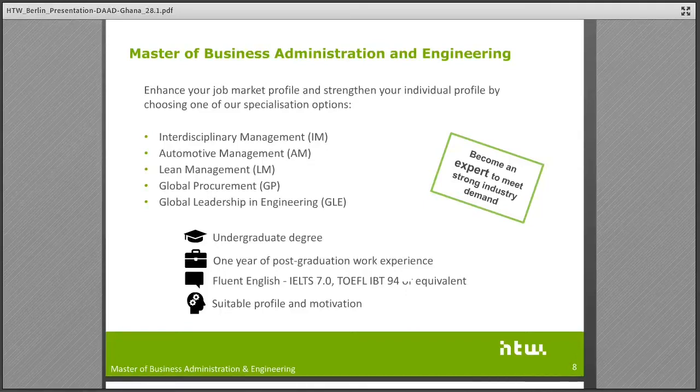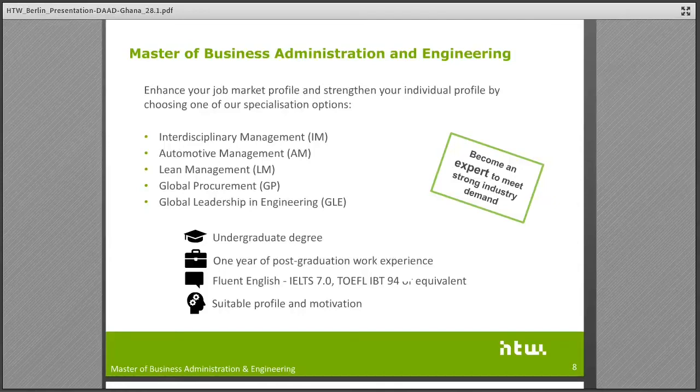Once you apply to the program, you have to choose one of those specializations, and this is a great advantage because you will get deep insights into this specific field, and you will become an expert to meet strong industry demand in the specific field.